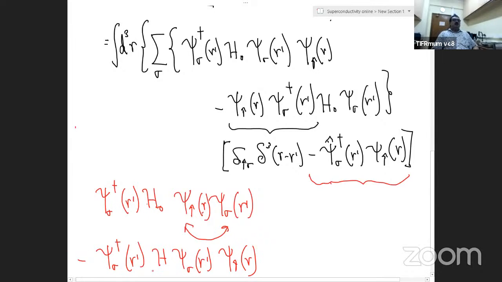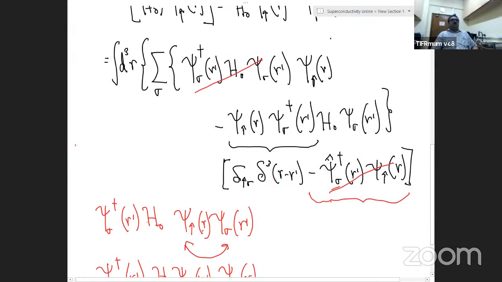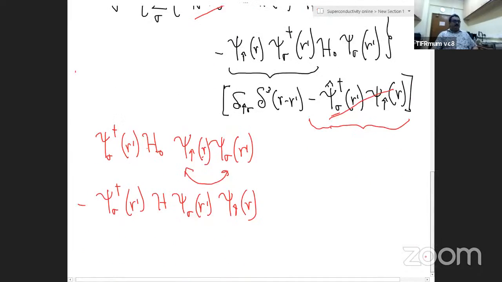Now you see this term is exactly identical to this term. So therefore, these will actually cancel with this. And I will be left only with this delta function term. This delta function, now I can of course integrate over, this integration should be R prime. It has come from the Hamiltonian. So I can integrate over R prime,